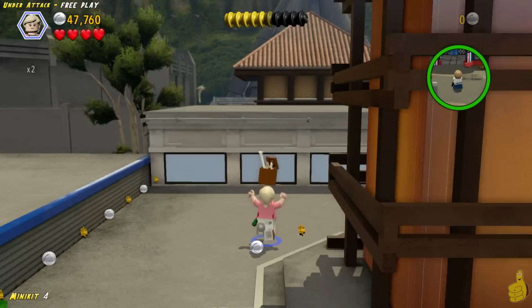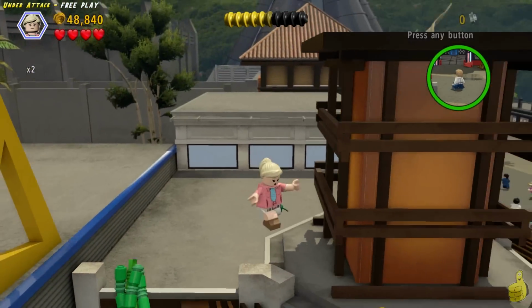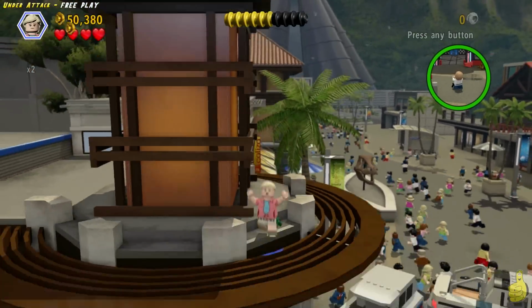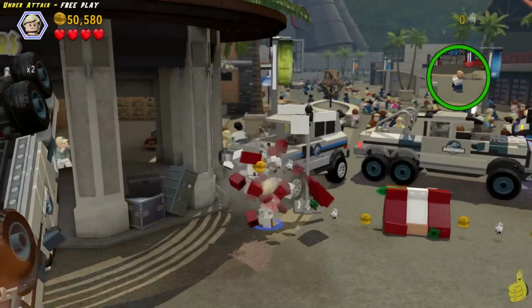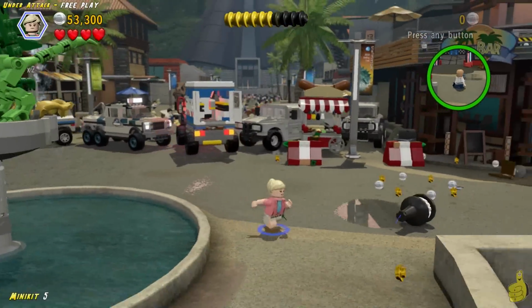That's weird. Once you get all the way to the top, though, there is a Minikit in the back left corner, so go ahead and grab that for number 4. And then we can go ahead and walk across the front of the building here, get a few studs along the way. And then, of course, we can drop down into this other area over here, which actually is the